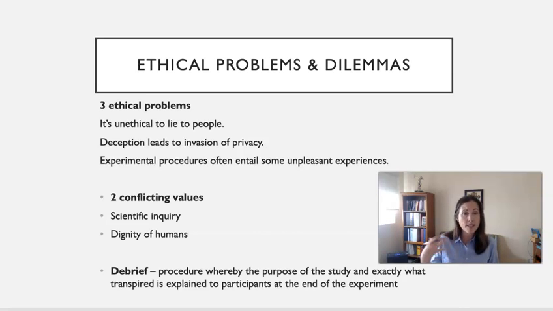That's where the purpose of the study, exactly what happened, is explained to participants at the end of the experiment. And especially if there's deception, there's a mechanism where they can say, no, what you learned from me, you cannot use in your research. I didn't want to be a part of this, and they can be removed. And so this struggle between harming the participants and what you're learning, one example of this in my own research